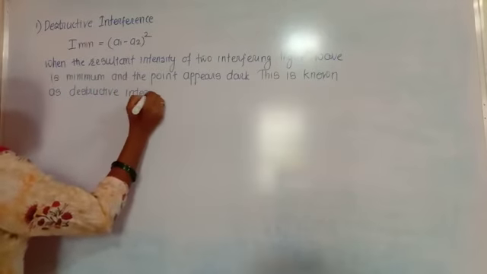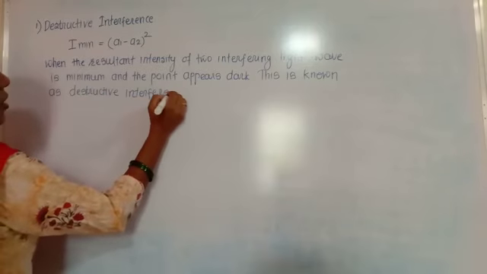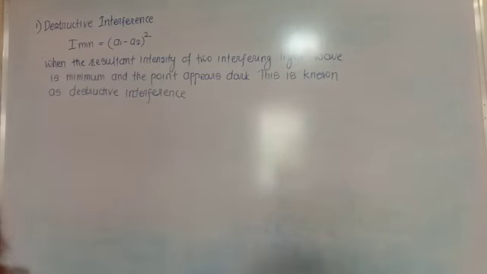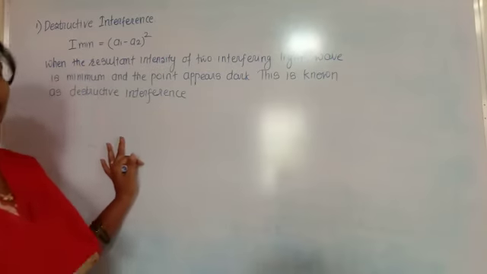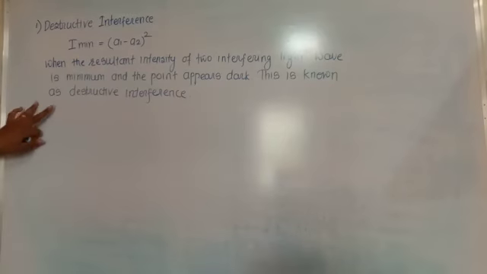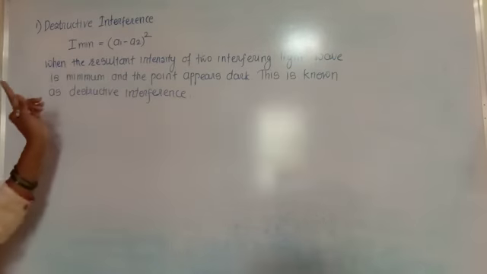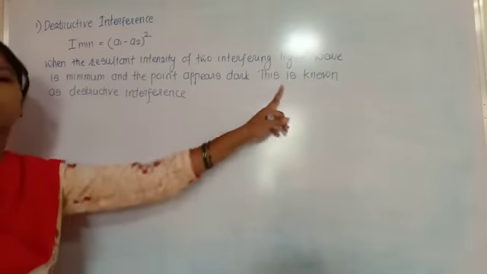Means when the crest of one wave falls on the trough of the other wave, at that time the intensity and amplitude become minimum. Minimum means at least 0. So when the intensity is minimum, means 0, at that point the point appears dark,